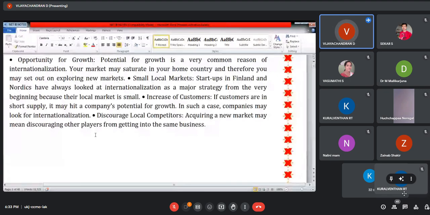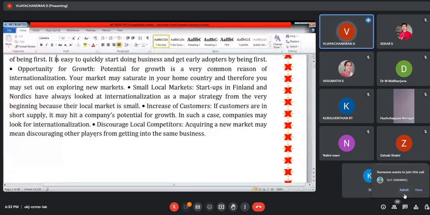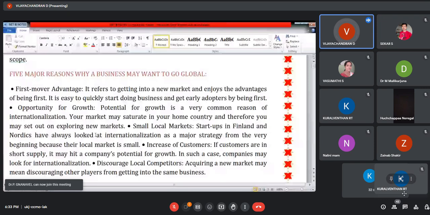So these are all the reasons for international business. Why are entities going for globalization of business? The reasons I told: in order to increase growth and market share, also in order to explore the opportunity of growth, and also the economies of operation. So you have to keep that in your notes.